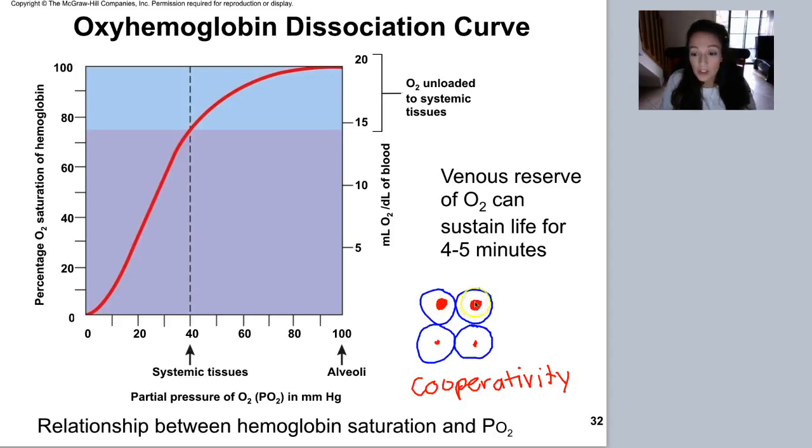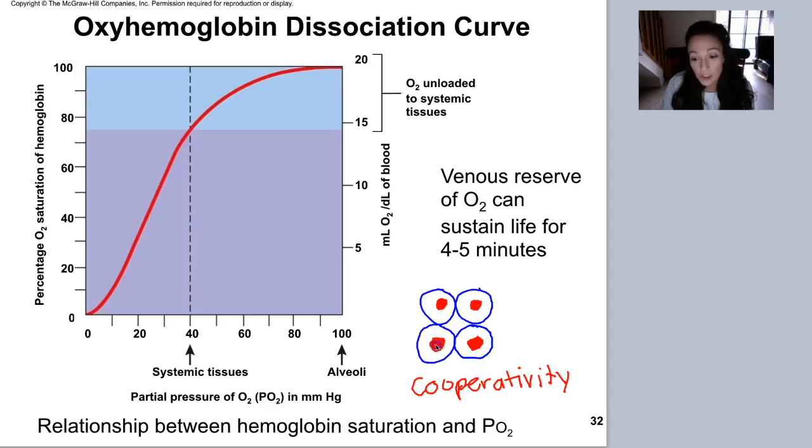And once these 2 top subunits each bind an oxygen molecule, they cause the 3rd subunit to have an even higher affinity to bind oxygen. So basically, we're increasing the affinity for oxygen each time a new subunit binds an oxygen molecule. Once 3 of these have an oxygen molecule bound,